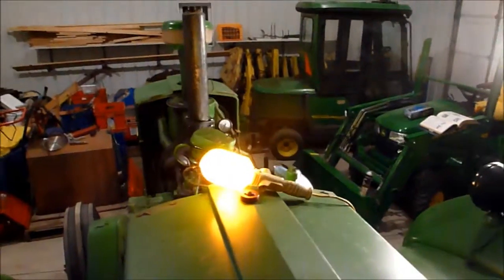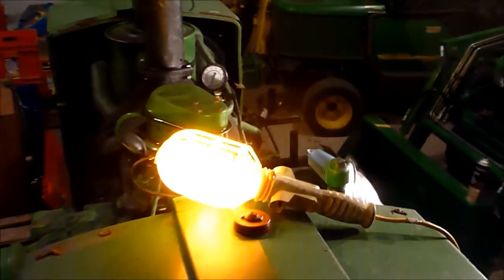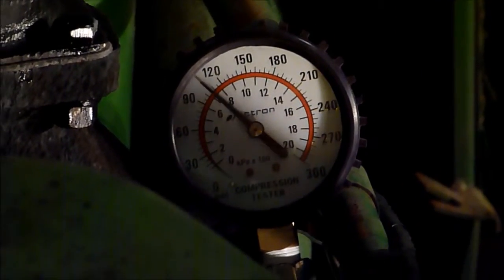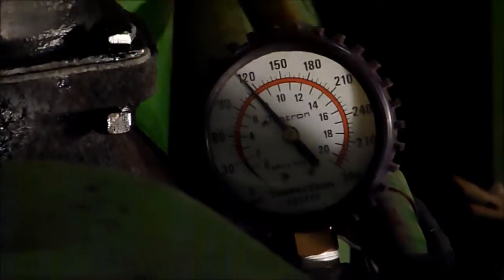Let me go climb up in the seat. And let me zoom in here for you. Sorry about the bright light sitting on the hood. So this is the opposite cylinder to the one I just did. Turn my ignition on. 120. Back out here. Sorry for all the movement. I'm trying to be a little bit steady, but